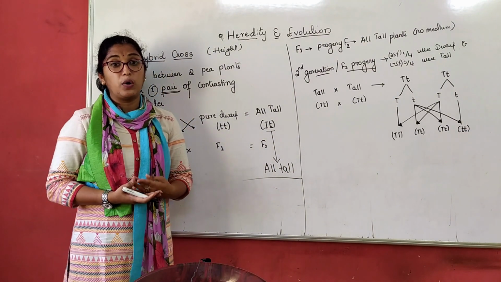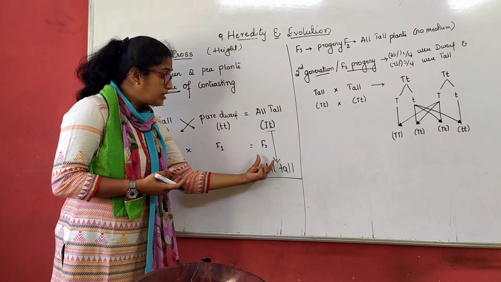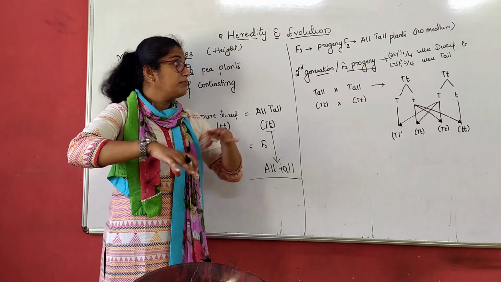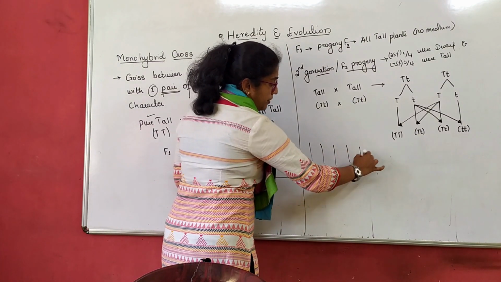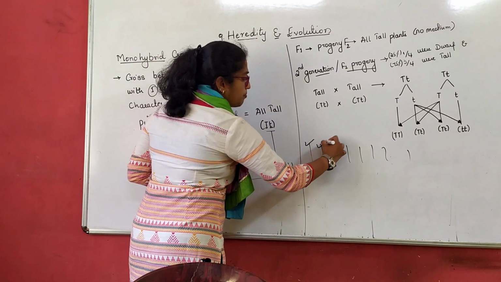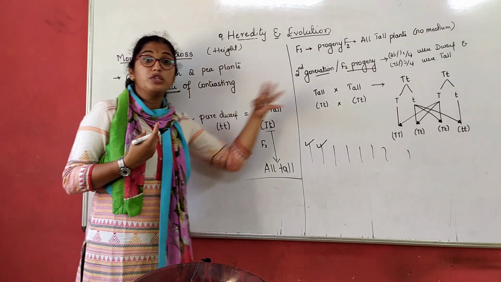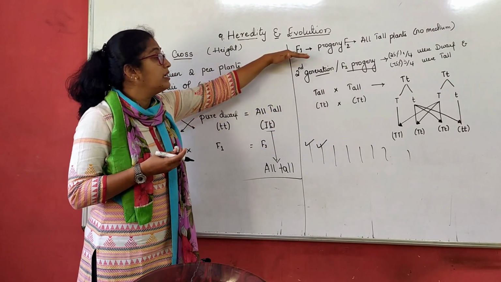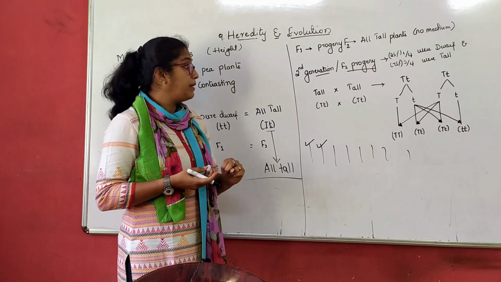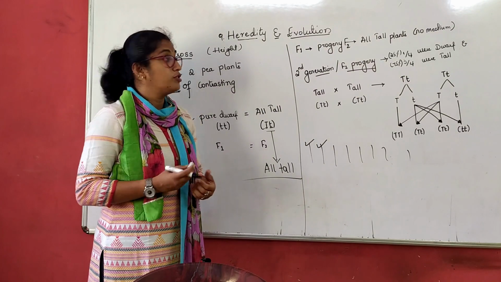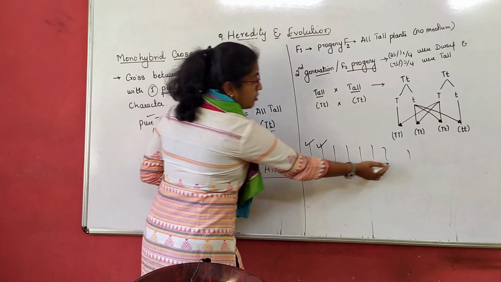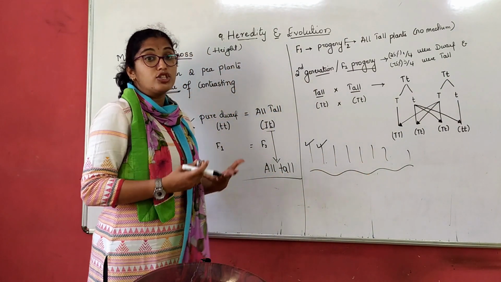Now what did Mendel do again? Mendel again chose the second generation plants. He took 2 plants. Assume that there were 10 plants, 1, 2, 3, 4, 5, 6, these many plants were there. What were these? All tall plants. He chose randomly 2 plants from those many plants which were grown from the F1 generation, which is nothing but F2. Now what are the characters of those 2 plants? Those 2 plants are again tall and tall only, right? Because all were tall. What are the alleles of those tall plants?